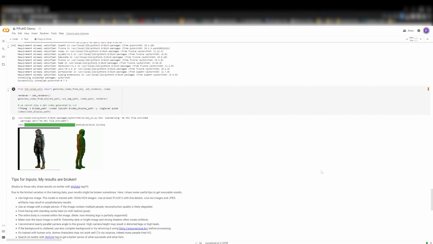You know, the head looks a little bit large, like it's kind of a large hood or something like that. But you know, there's a back and there's a front, and I think there's something here that we can work with. So to go ahead and download this OBJ, you can open up the folders over here,